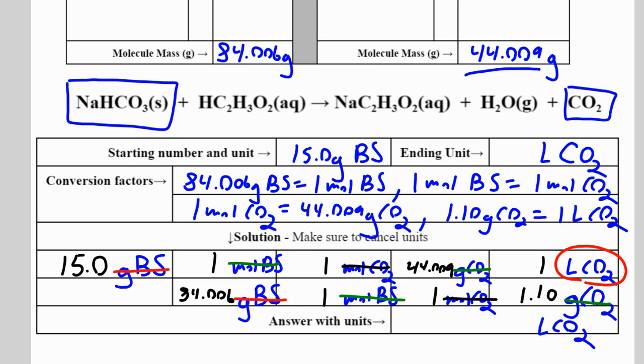Okay, now I just need to plug everything into my calculator. And what that should look like is 15 times 44.009 divided by 84.006 divided by 1.10, enter. So remember, we only want to hit enter one time. And when you do that, you should get 7.14 liters of CO2. That's how much carbon dioxide gas you would produce if you started with 15 grams of baking soda. Pause the video and see if you can do the